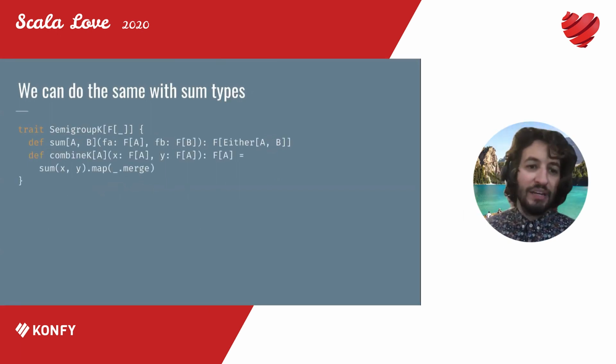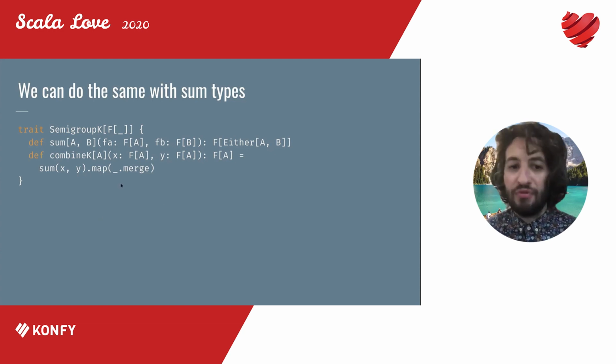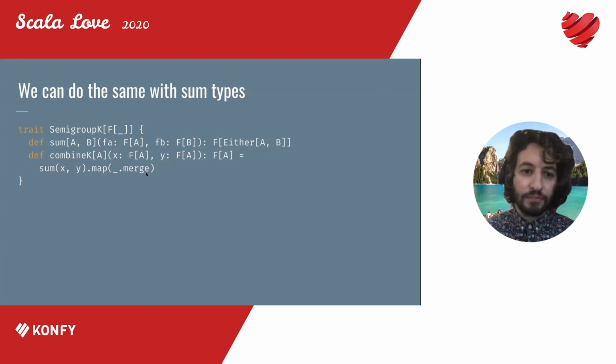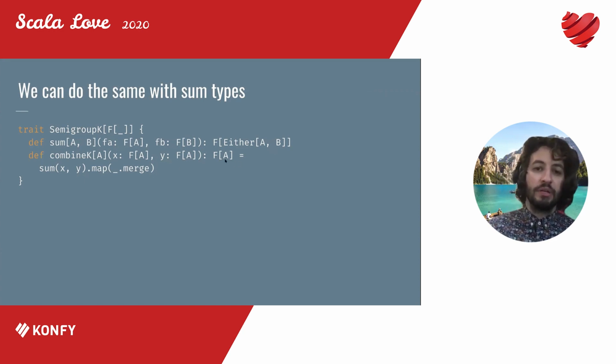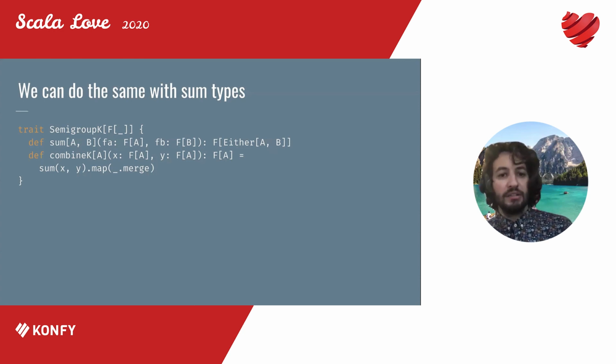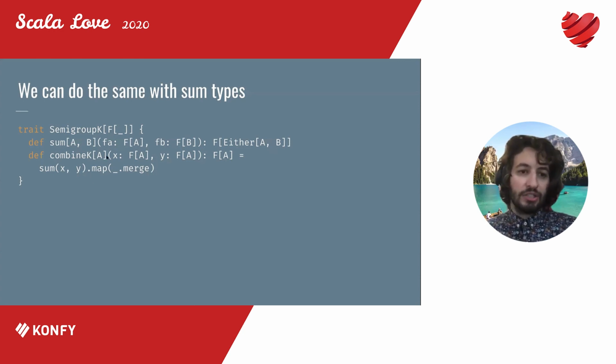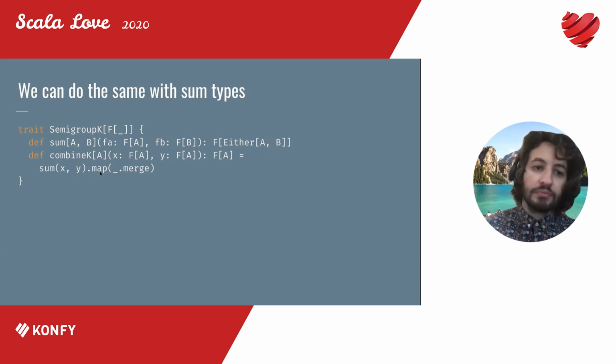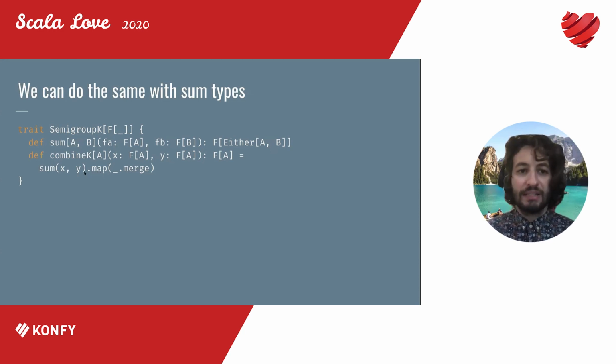So yeah, instead of sum, we have combineK, but we can see here, if we have a functor again, we have this map function, these are the same, right? Merge is a function that takes an Either of A and returns an A, right? Because if it's the left side, it returns that A, and if it's the right side, it returns that A. So if we had a functor here, map, these two functions would be exactly identical.